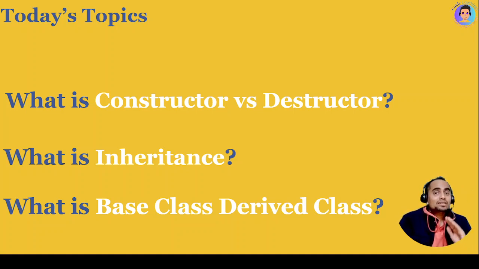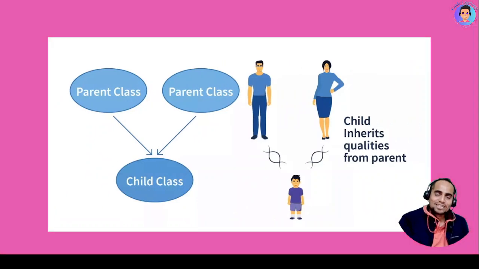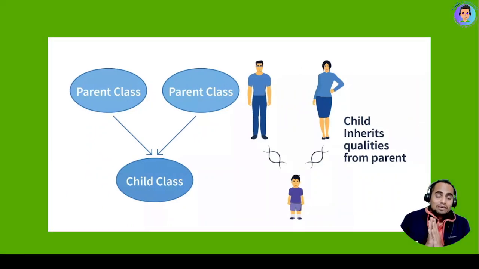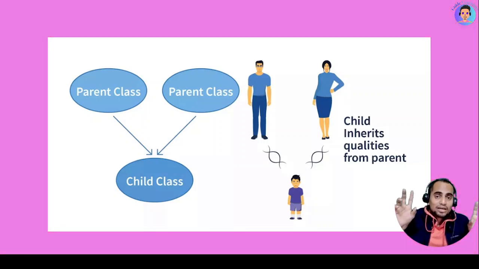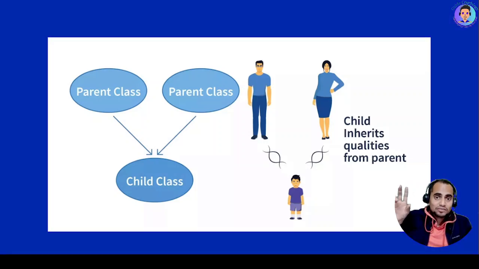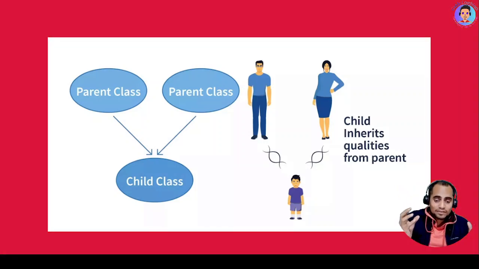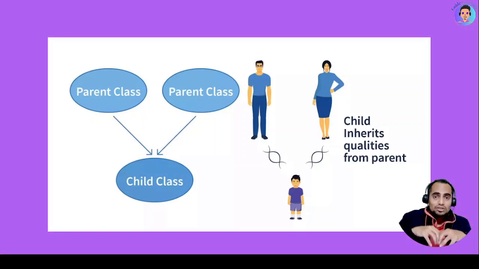Okay, now there is a question: can I create a derived class from a derived class? Yes, the way you are a child, you can also have a child. That is how the overall structure is. And as you can see on the screen, we have parents and we have a child. So these are two classes, the properties of which are going to be derived into the child.